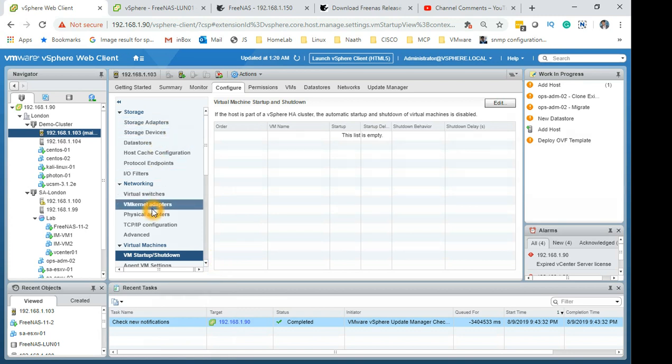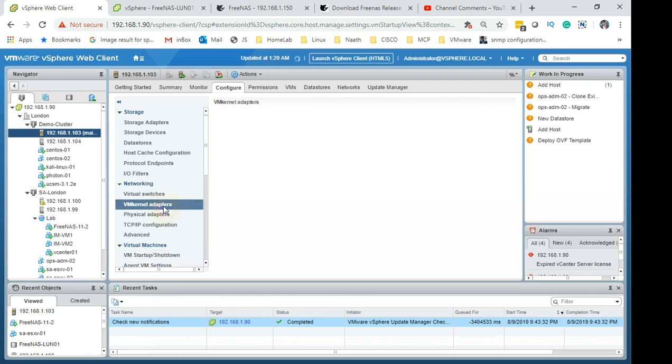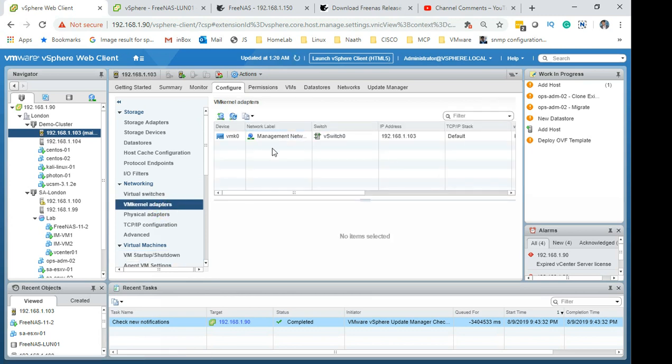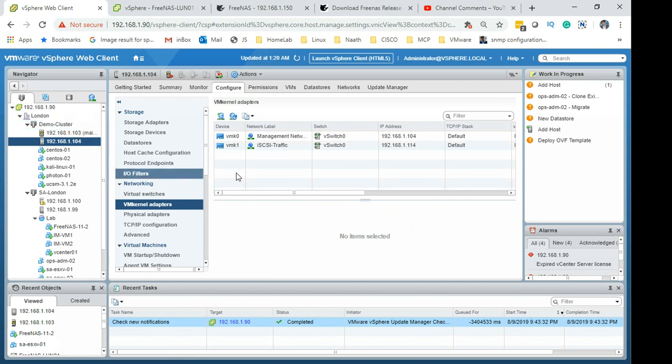The first thing we'll be doing is going to networking, VMkernel adapters, and I'll be adding the iSCSI network. I want to keep it consistent with the existing name I have for this particular host in the demo cluster. The name I have here is iSCSI traffic, and it's connected on switch 0, and the IP, as you can see, is 114 here because the host is 104. So I'm going to use the IP 113 because this host is 103. So let's go back here,